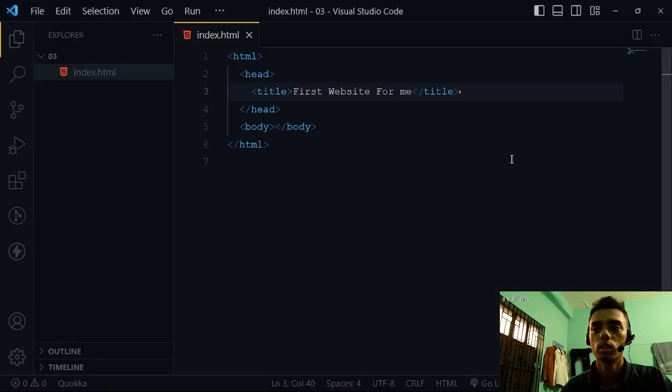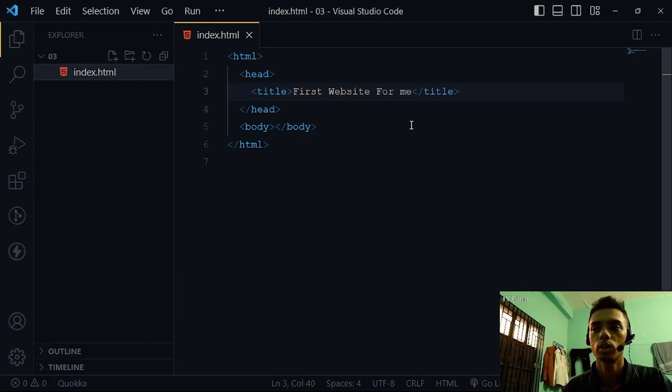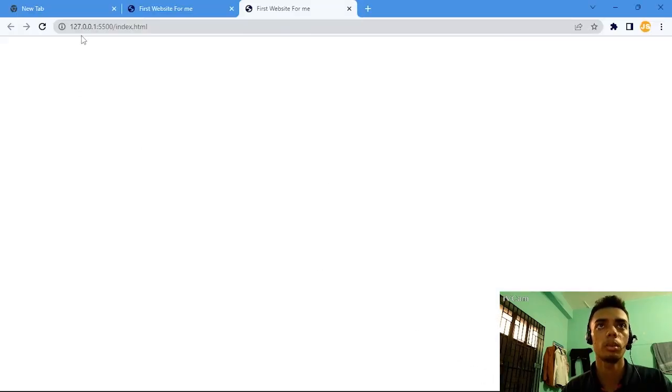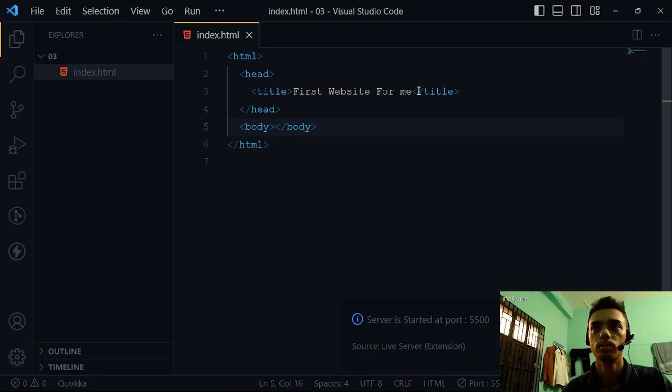There is something else: we installed an extension called Live Server. If you successfully installed it, there will be an option called Go Live. You will find this if you successfully installed Live Server. What it does is, if we go live, it will start a development server. So now if I change something, like the title of the page,